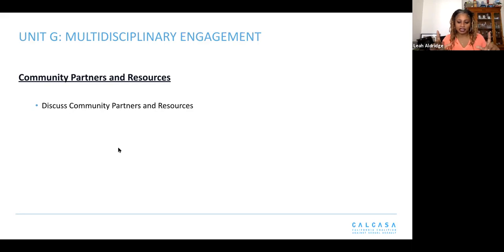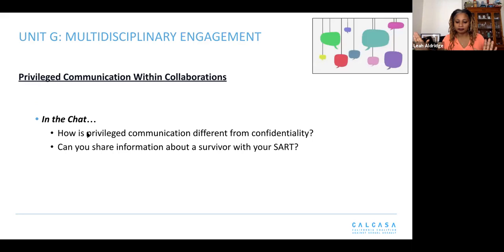So confidentiality is a large umbrella term, right? It's a broad designation that determines a set of practices that protect personal identification of survivors. But privilege, we want to make sure that we understand the distinction. Privilege